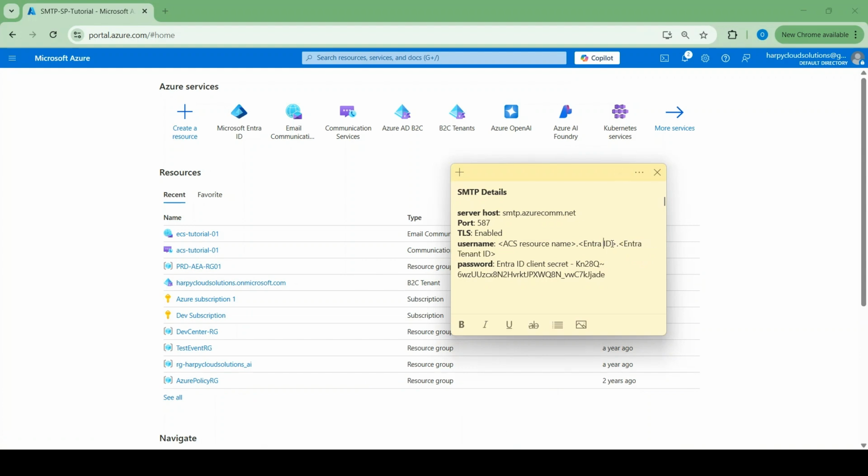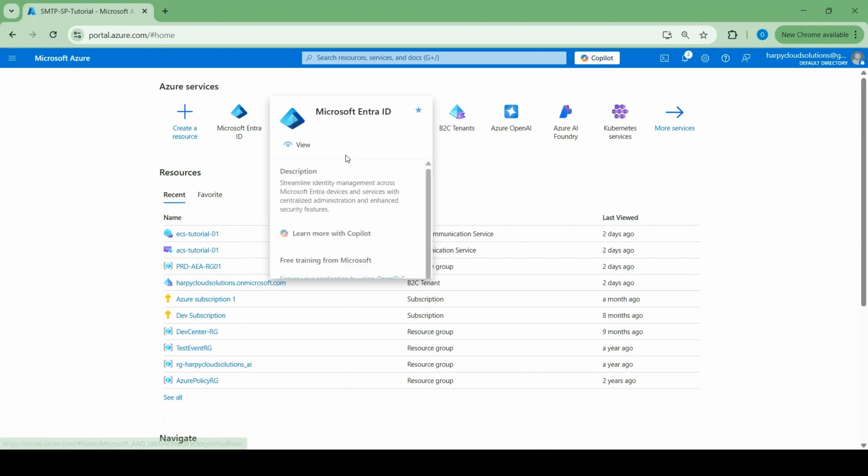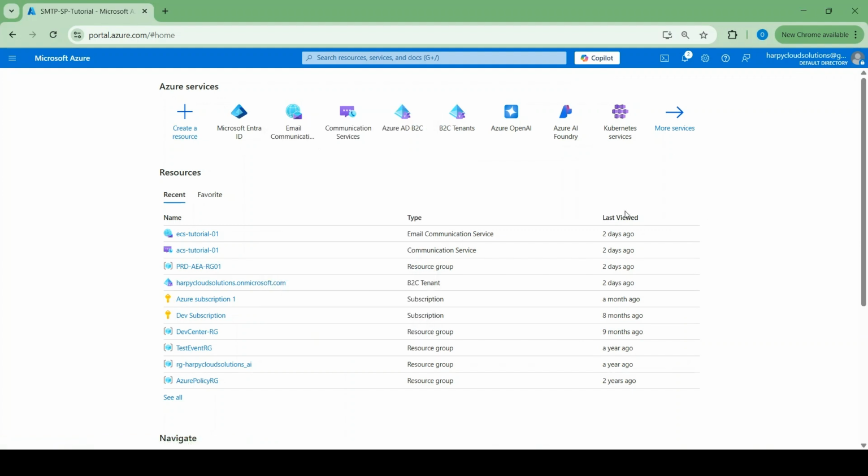So this one, you have to remove the less than and greater than sign. It's not required for the name, all right? All you need to do is replace from here to here with the value. Okay, so now that we've created a service principal, let's go back to the communication